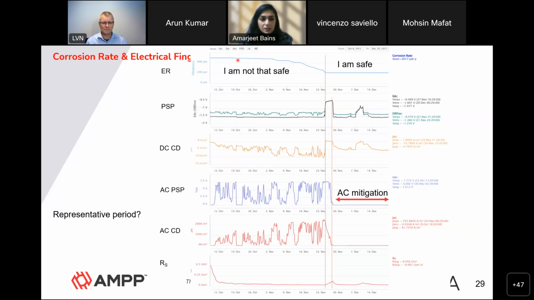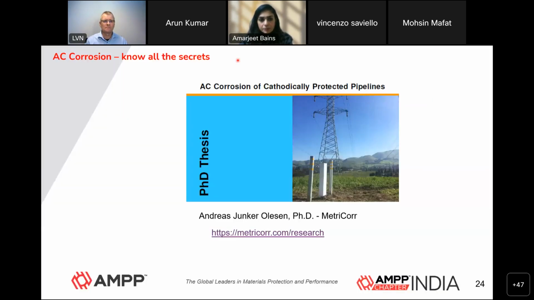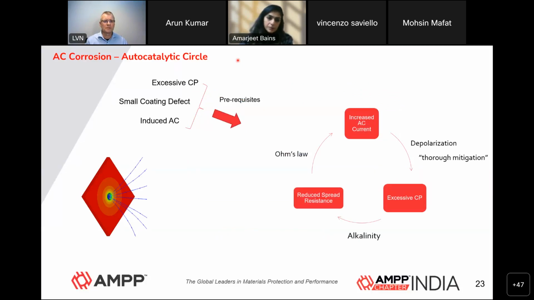And we have the last question from Mervyn Joseph. What is the ideal distance the ER probe should be placed away from the structure? Let me see if I have some pictures here